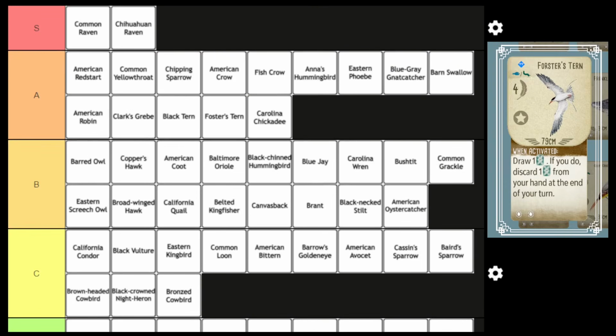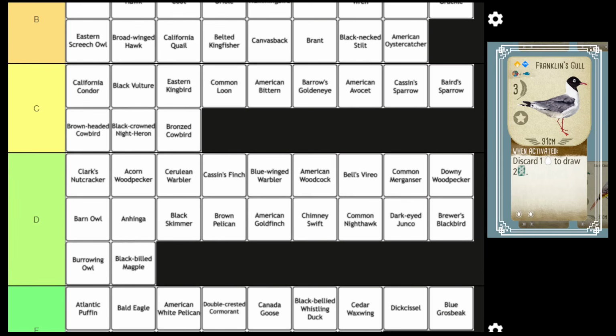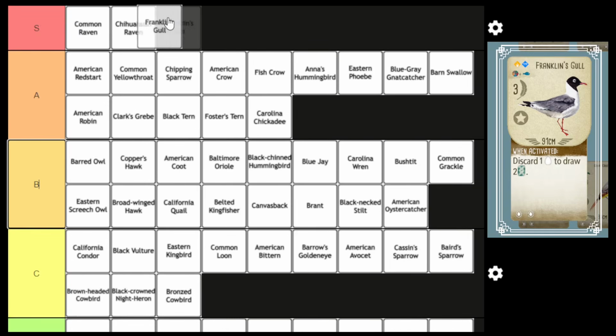So let's see. Next, we have the Franklin's Gull, which allows you to discard 1 egg to draw 2 cards. I mean, no question, this is gonna be S tier. Yep. I think the only question is, does it go above or below the Ravens? For me, it definitely goes above the Raven. Yep. I think for me, it's the flexible setup because you don't need a second bird to support this bird, and the star nest, and